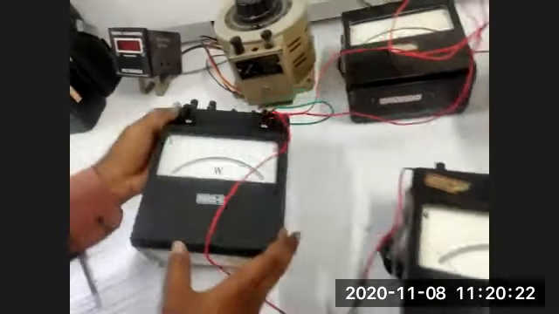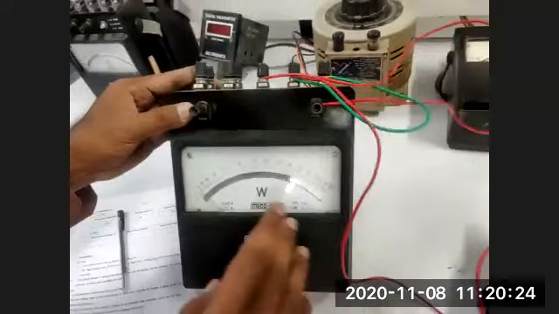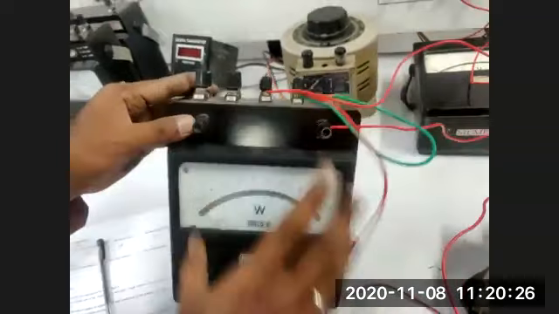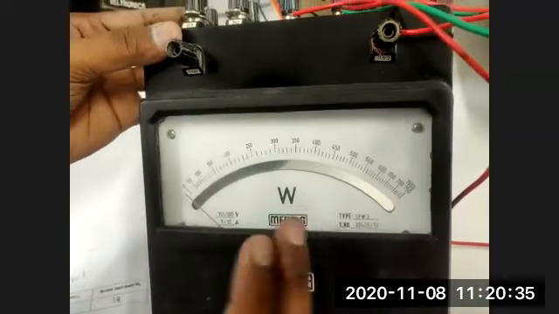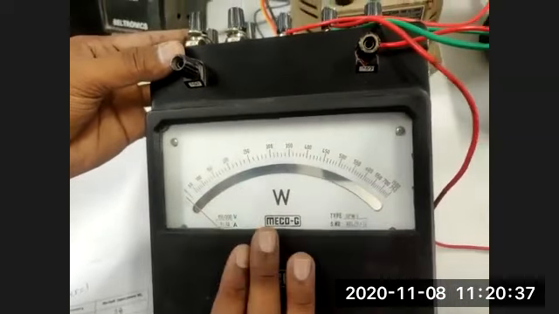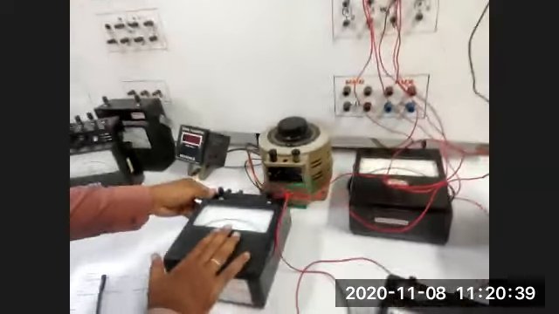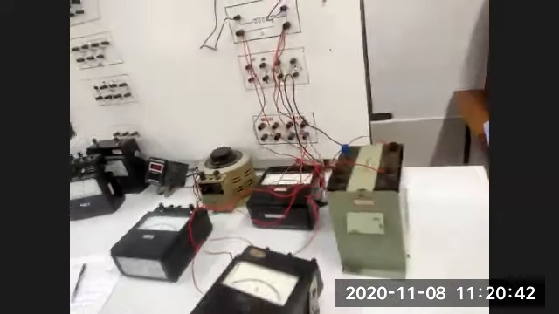And the wattmeter, initially I had taken the cos phi low power factor wattmeter. Now initially I had taken cos phi equal to 0.2. Now I have taken a unity power factor wattmeter, that is 1. Cos phi equal to 1 means unity power factor. That's it. That's why I have taken this. Okay, all the remaining things are the same.